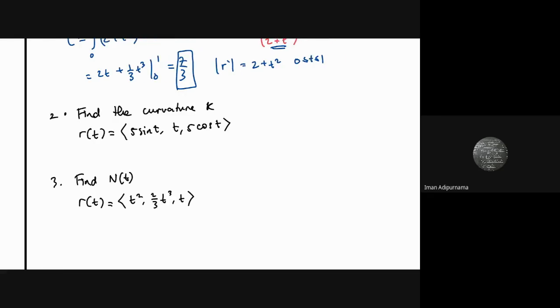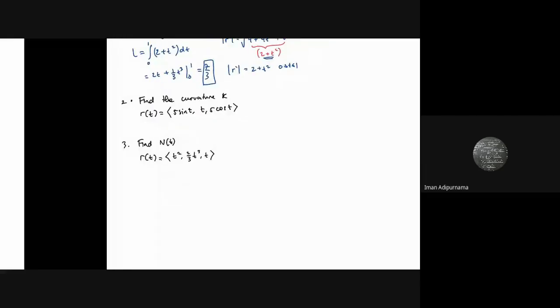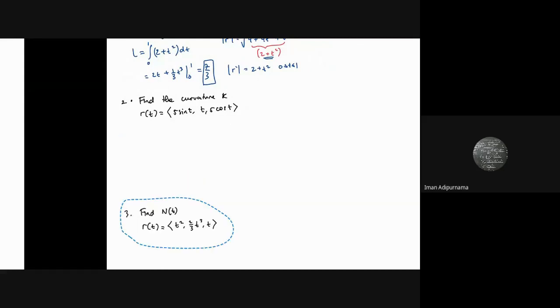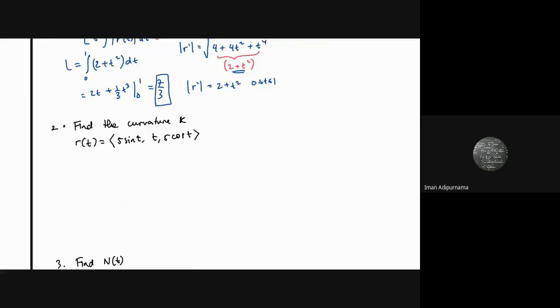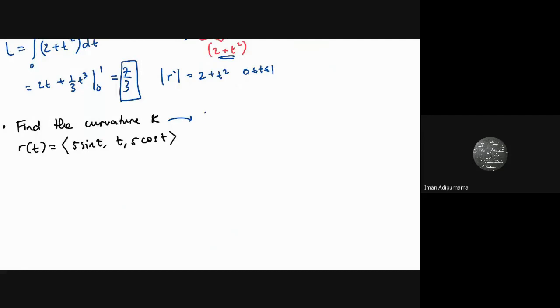So let me write here. And maybe let me move number 3 around here. So the curvature, if you want to know how to pronounce this, this is called the kappa. Not the kappa like in Japanese mythology, but kappa in, I think, Greek. Okay, Greek. So the curvature is